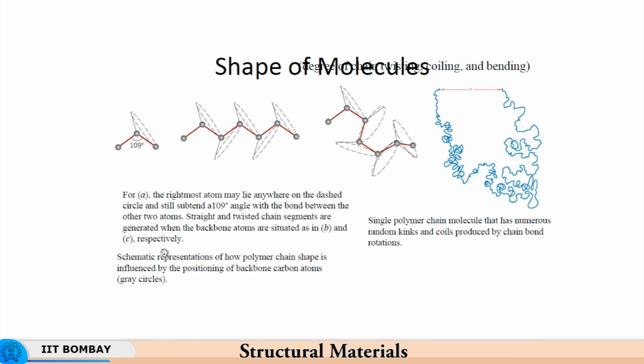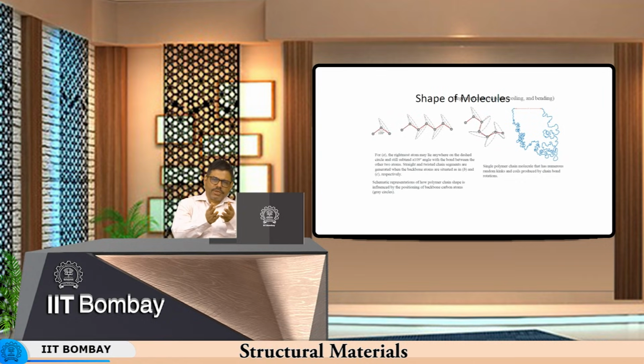So this twisted chain type of arrangement would have a greater resistance to movement of chains, and therefore greater resistance to deformation when it comes to trying to process the material by extrusion or deformation processes. Similarly, when it comes to melting, the response to heat of these polymers differs. These will not soften as quickly as this will. This will soften the quickest maybe, and this will soften less quickly, and this will soften even less quickly.